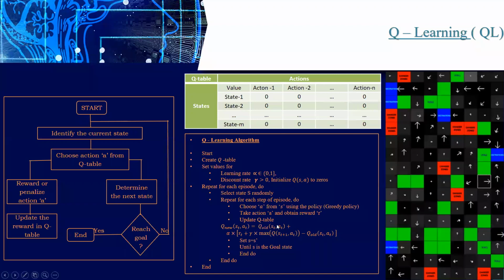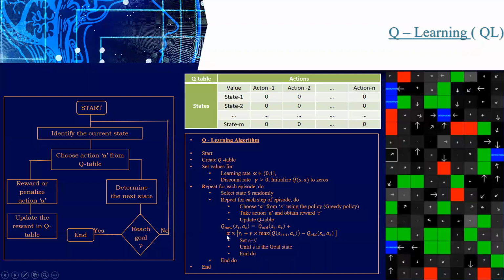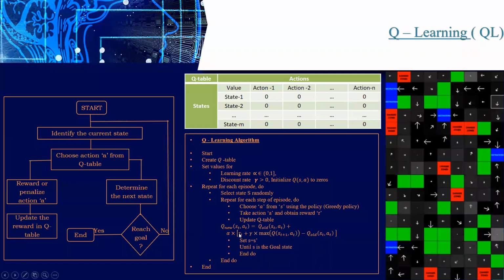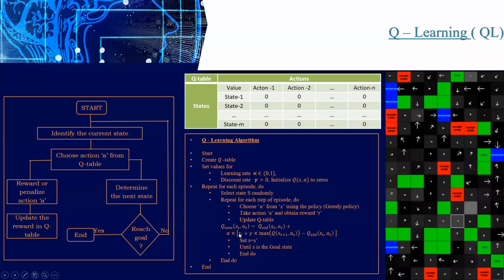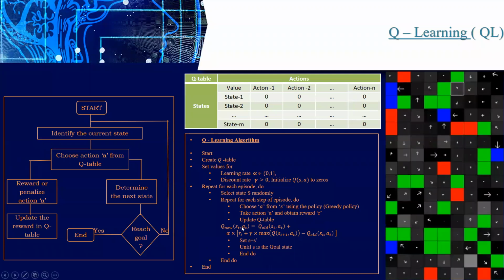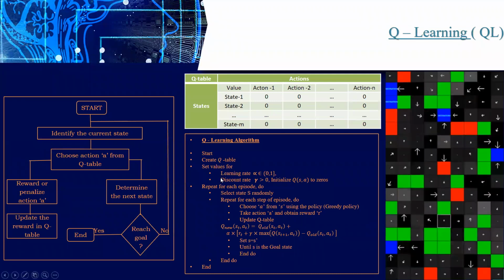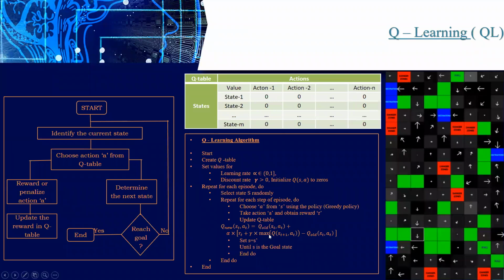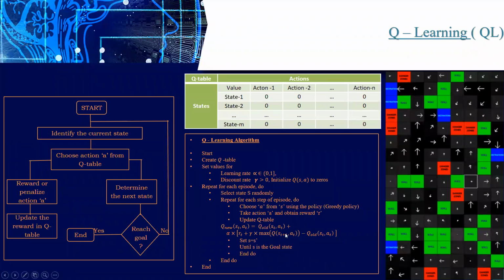So we have to identify what is the old value, and here we have different factors, like what is the learning rate, what is the discount factor. Possibly, if we have time tomorrow, we will discuss all these factors. So we have to set all these hyperparameters. So depending on all these values, we will get some value, and we have to identify what is the maximum value out of all those four actions.